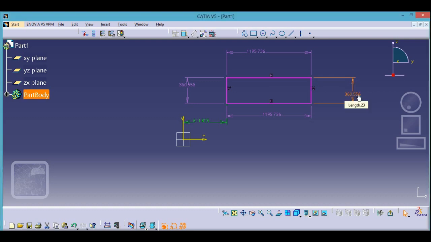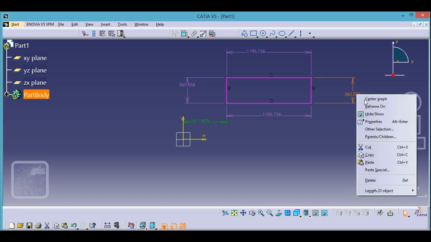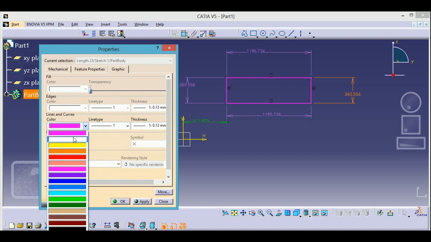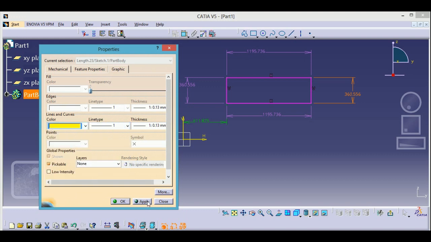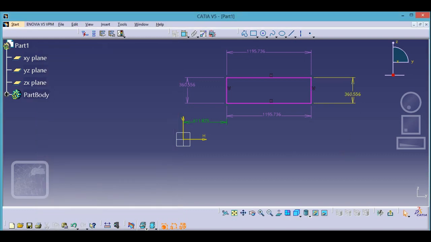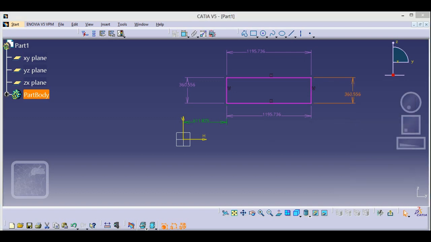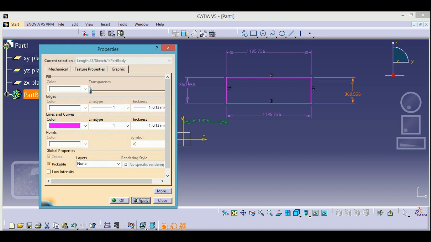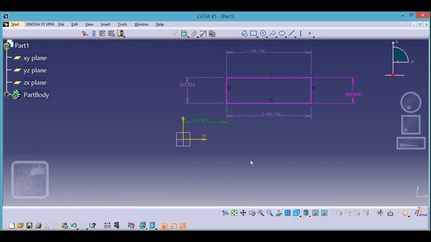How can you change those colors? Just select the dimension, press M2, press properties, and you can have your colors here. I'm changing to yellow, apply, and you can see that the color has been changed. So it does not depend on color. That color could be changed also. So I'm just placing it at its default.